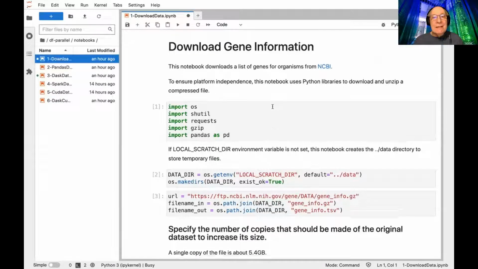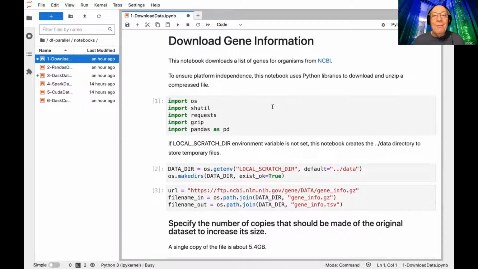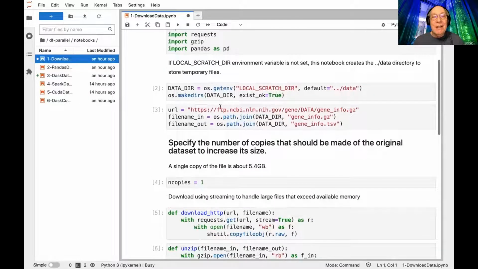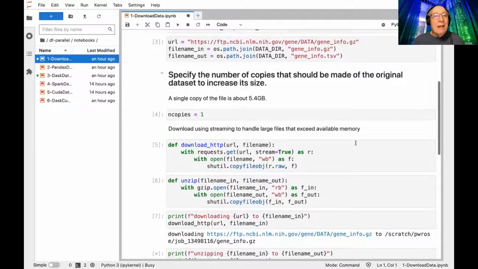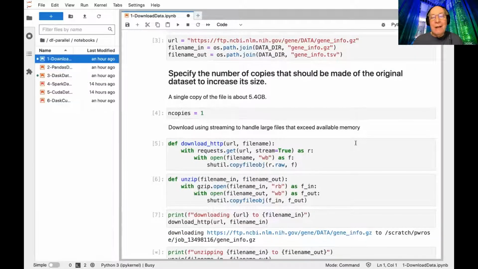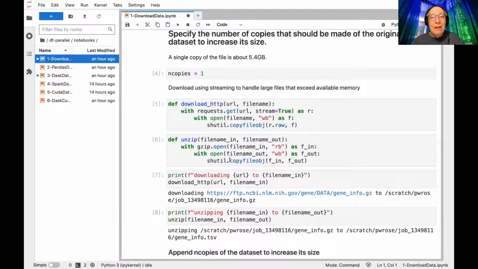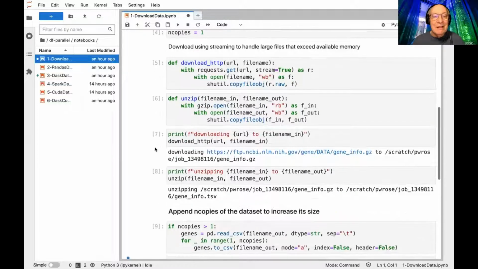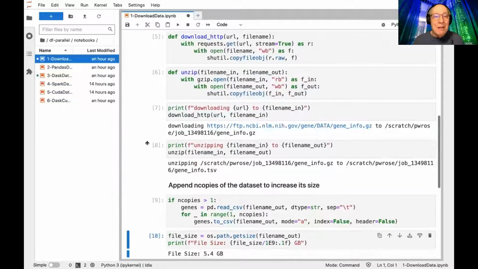So what this notebook does, it downloads some gene information from the NIH, and it basically downloads this file here from the NIH. One thing I do if I want to make sure that the code runs across platforms, on Windows, Mac, anywhere, I don't download using wget, which would have been easier, but instead I wrote some Python code to download that, as well as to unzip the file, and I do that in Python. So this code will run everywhere. That's why I'm not using shell commands to do that here. So that's something to keep in mind if you really want to be able to run this cross-platform.